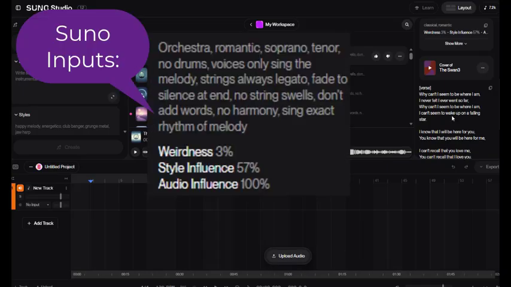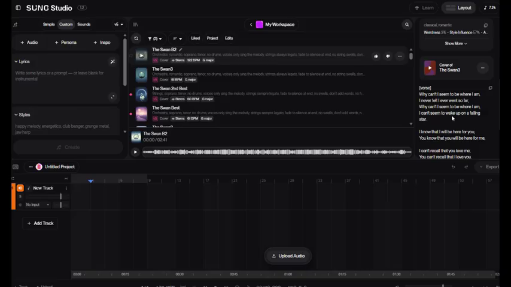Suno now will not use a cello. We'll take that out of the style inputs and we'll put in a soprano or some voice instead, and Suno will use that as the melody. And when we do the stem extraction, now the melody can be removed, and hopefully what will remain is the accompaniment that we can then import into the DAW and maybe fix up a bit, clean up noise, and create